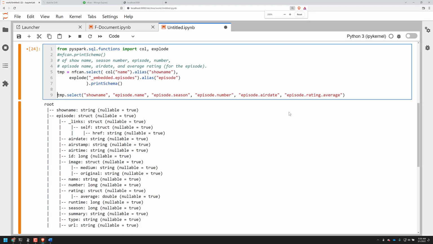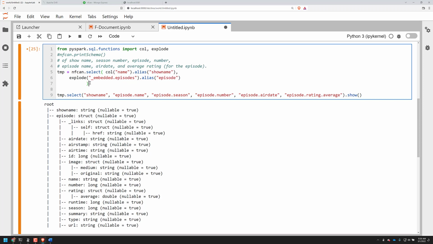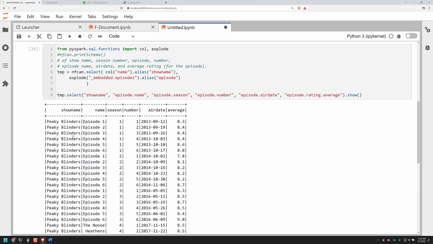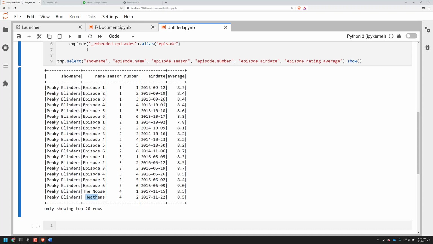Zoom that out a bit, and then let's show that. I got to turn off this print schema here so that I don't have to see that. All right, now we're getting somewhere. So here is the show name. Here is each of the episodes. Here's the season. Here's the episode number. Oh, this is the name of the episode. That's a pretty lame episode. See, then they start to get better. The Noose, Heathens, right? And then here is the air date, and then here is the average rating of that